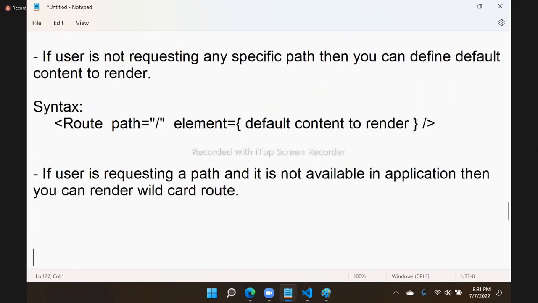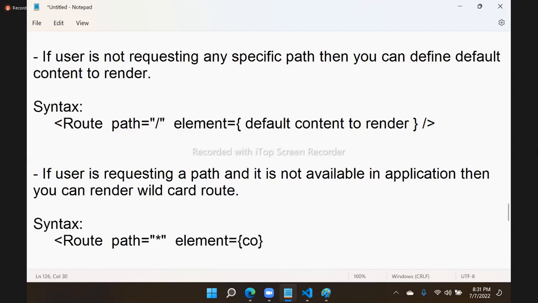We call it a wildcard route. A wildcard route is defined like this. We have a route and here the path is asterisk, which is a wildcard. Asterisk is a wildcard, and the element is